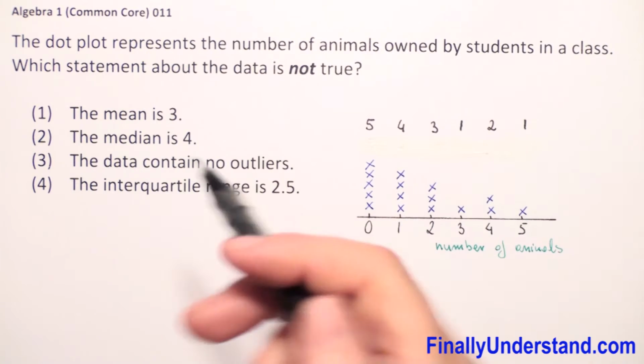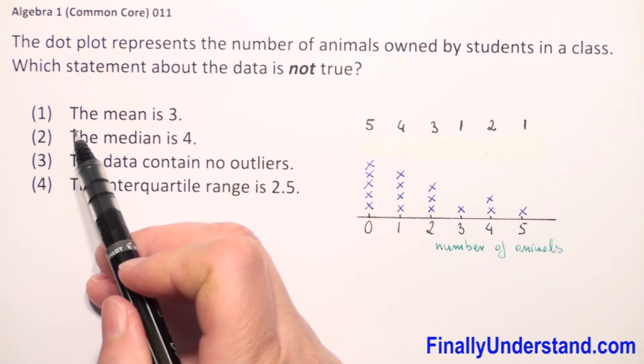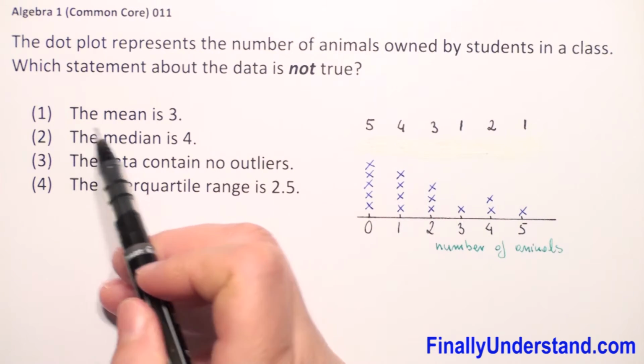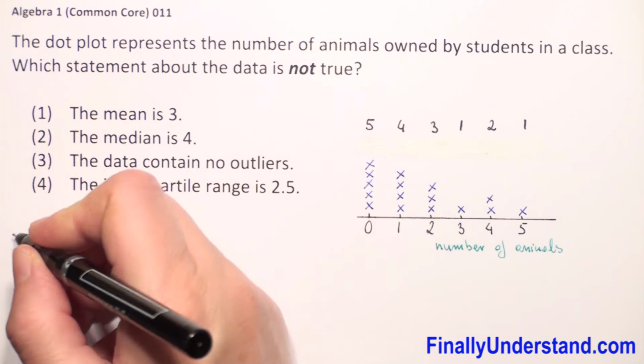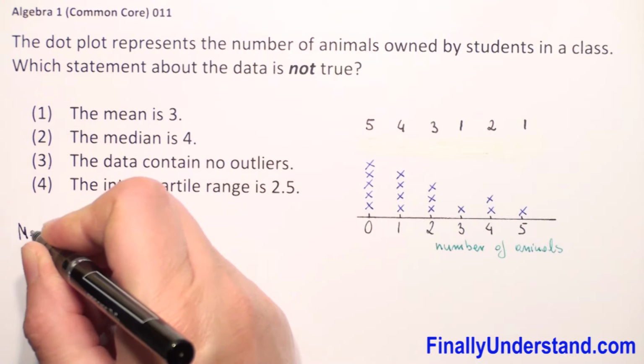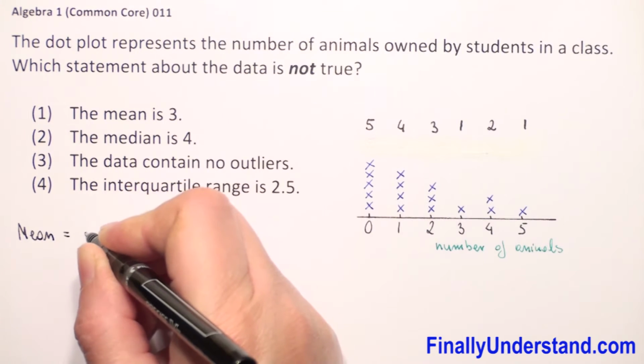So now, first let's see the first statement. We have that the mean is 3. So what is the mean? The mean is the average of the numbers. How do we calculate the average of the numbers? We add up all numbers, then divide by how many numbers there are. So the sum divided by the count. So we have to write that the mean is equal